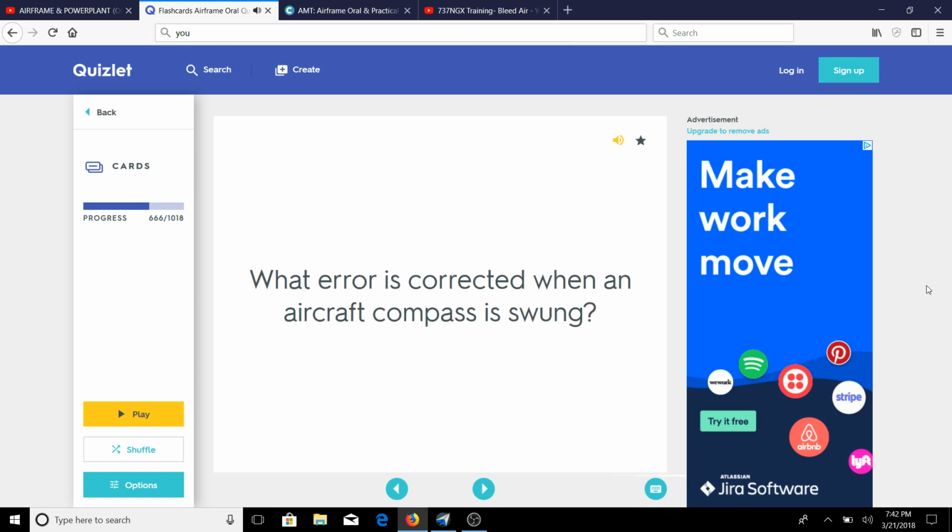Deviation error. What fluid is used in an aircraft magnetic compass? A special water-clear fluid similar to kerosene. What is the maximum amount of deviation error allowed when a magnetic compass is installed in an aircraft? 10 degrees. Where on an airport is a compass rose located? At a location where there is little traffic and the area is free from magnetic interference caused by electrical power